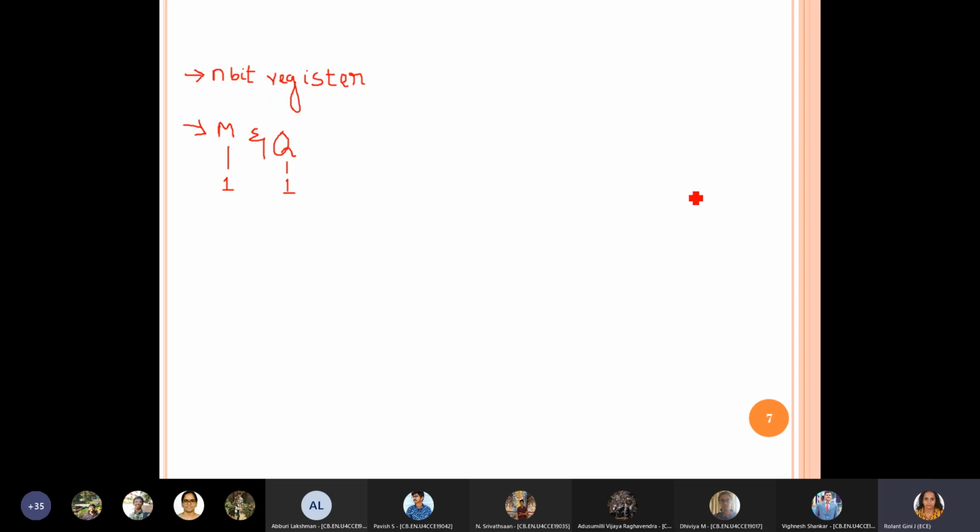For example, if I take two 4-bit numbers, and both numbers are F and A, when you add these two numbers, both MSBs are 1, so naturally there will be a carry from the MSB position to the next position. So when you add, your result is going to be n plus 1 bits.